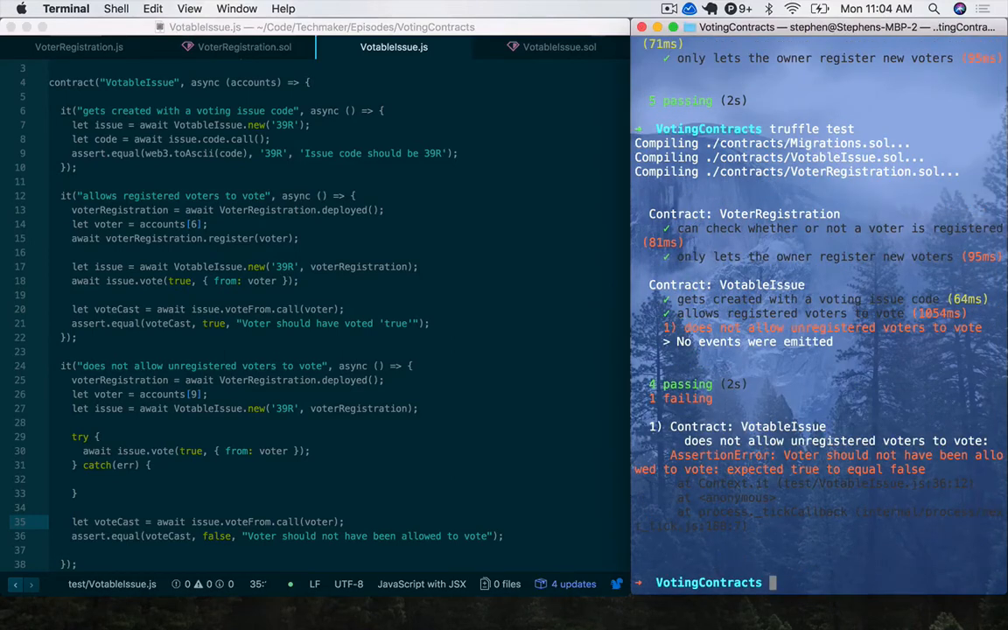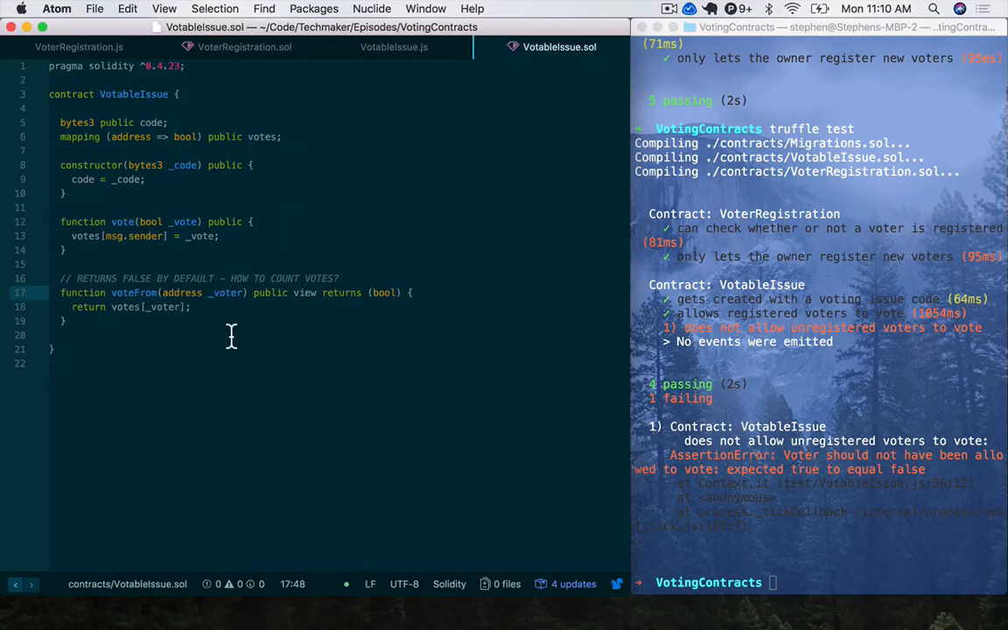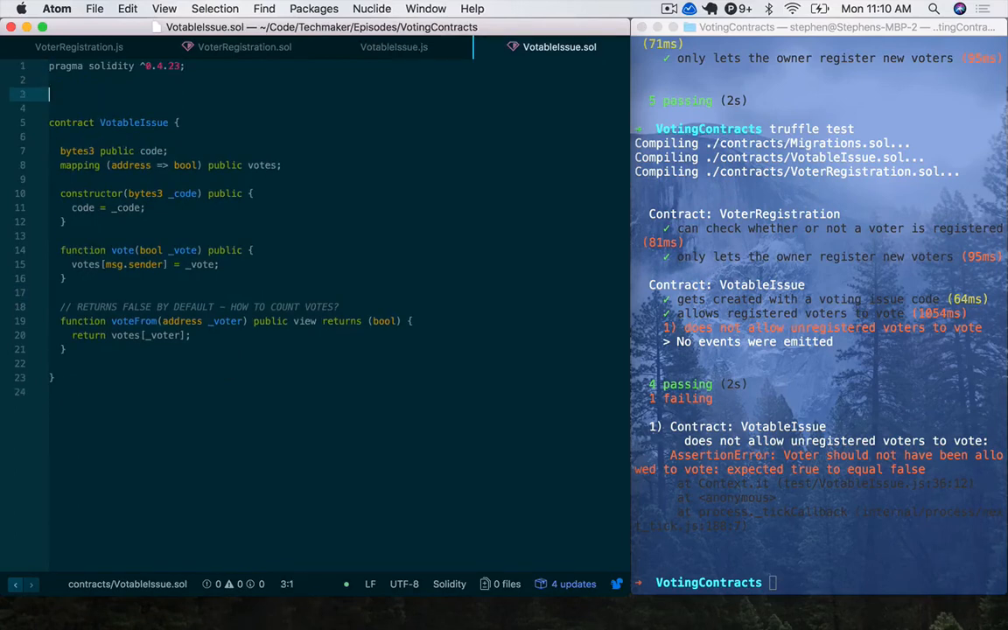Okay, so now we have a failing test where we're expecting true to equal false. So now we actually have to implement our voter registration. The first thing I'm going to have to do is jump up here, and under version we'll say